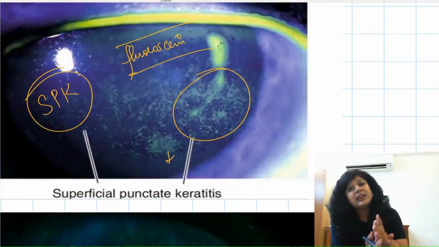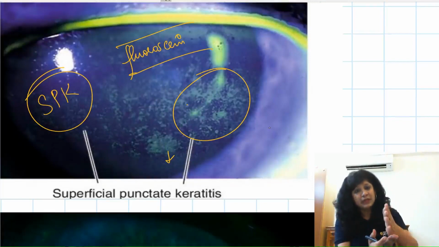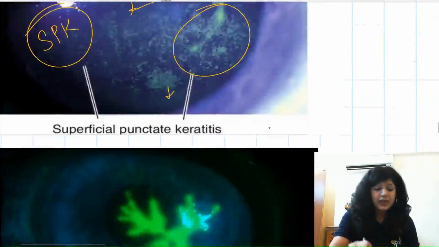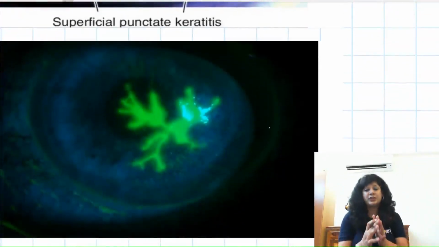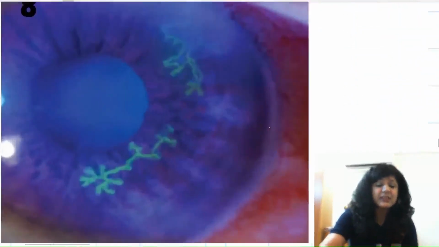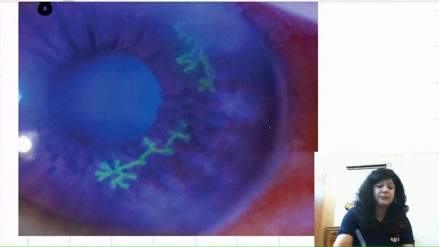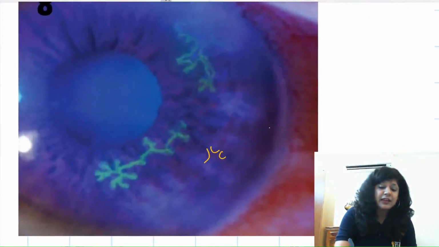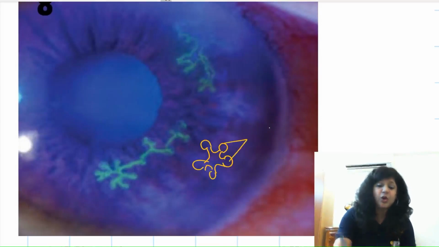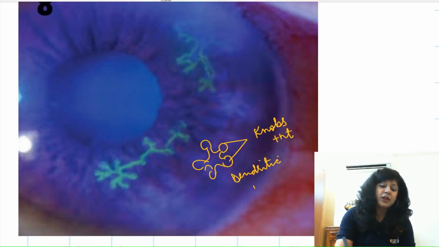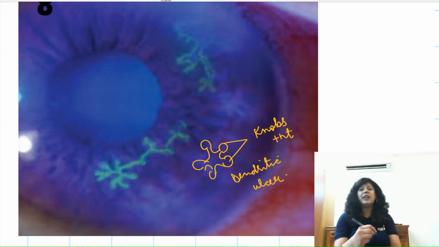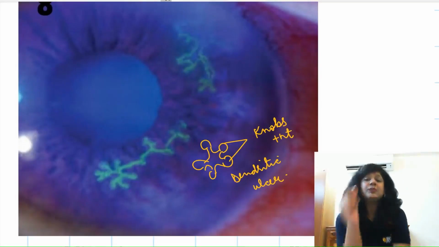Now when there are recurrent lesions, then they are causing the problem in epithelium also, stroma also. So again, what kind of lesion are they causing? Now first see this is the typical lesion which is caused by the herpes simplex. Can you see we have got a tree-like arborizing pattern like this, and then the typical knobs are also present. This is very important. Knobs are very specifically present. This is called as the dendritic ulcer, where we have the dendrites, and these knobs should be present.